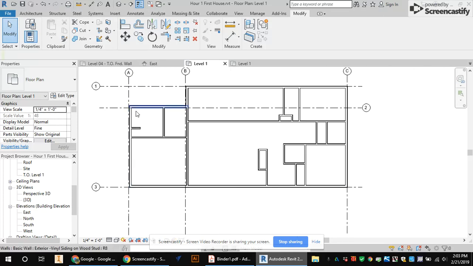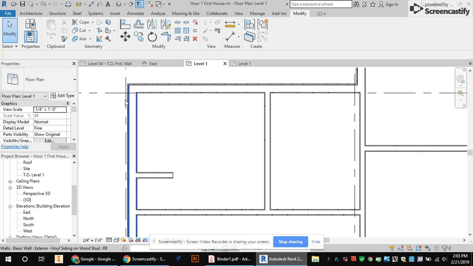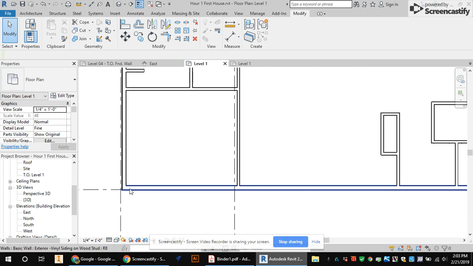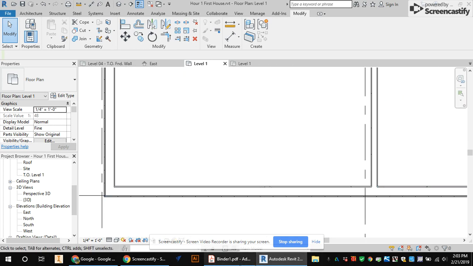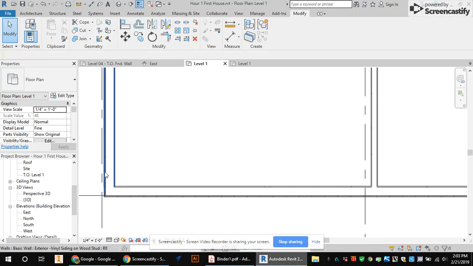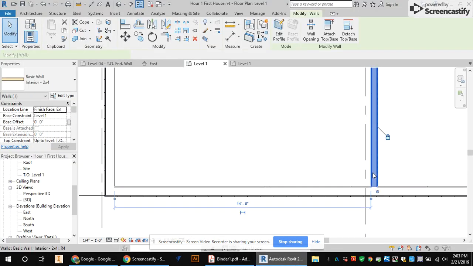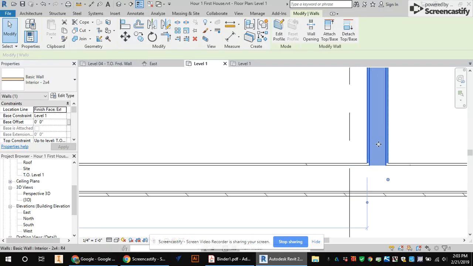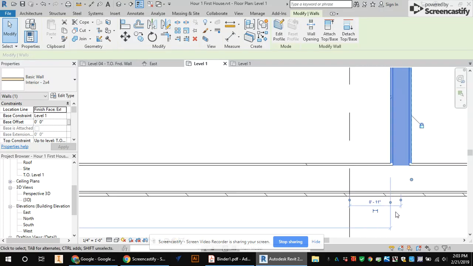Right now I'm actually fine if these are not on grid lines. We're going to move grid lines at the end. So I'm going to go to my piece here. Looking at it, this is 14 by 12. I want to keep this wall in place, and I'm going to start right here, and this has to be 14 feet. This happens to be 14 feet. If it's not 14 feet,